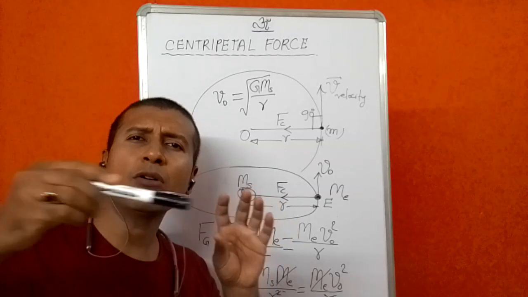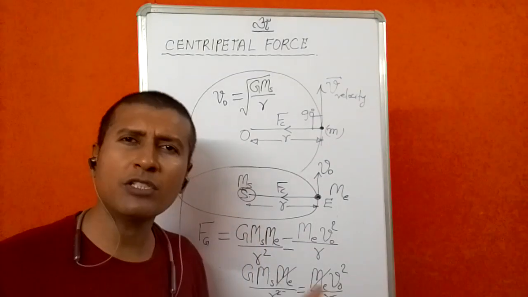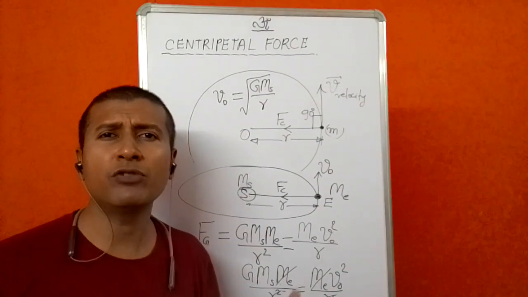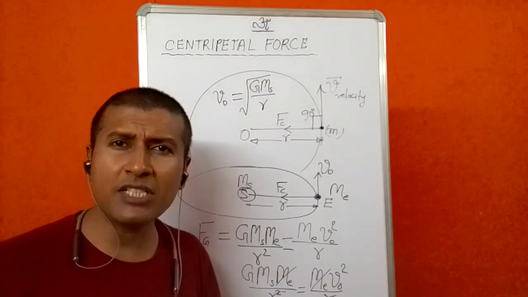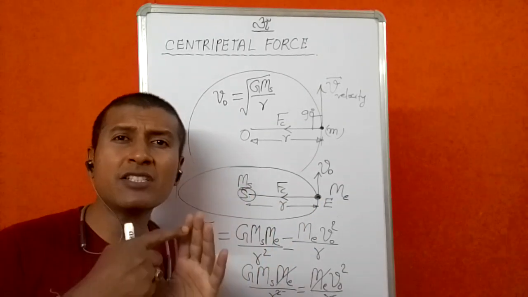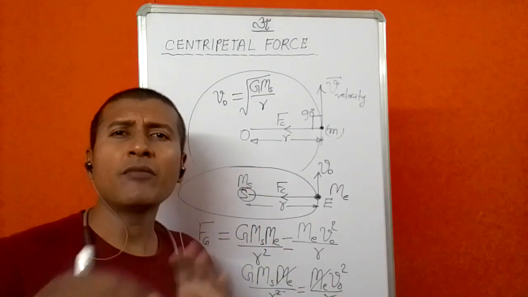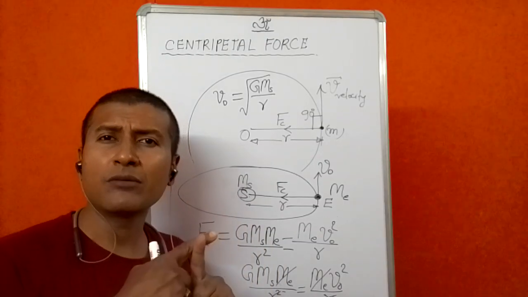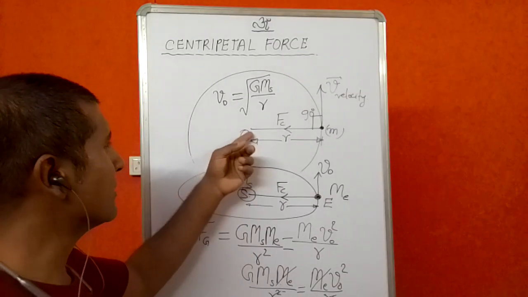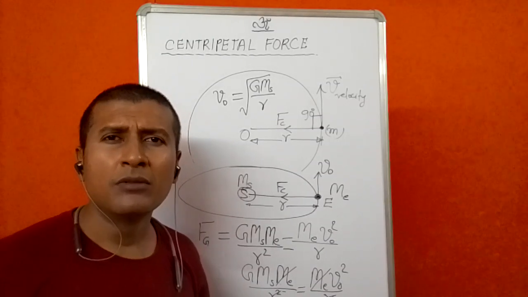Now the same kind of expression we will get while dealing with Earth and the satellite. Satellite also revolves around the Earth, right? So what do you think? The same concept will not be applied? Of course it will be applied, right? So centripetal force is the most important force of this universe. As the name itself suggests, it is centripetal, the force applied towards the center on the body which is revolving around a particular center. Here the center is the sun, and this is the body which is revolving. Is the point clear?